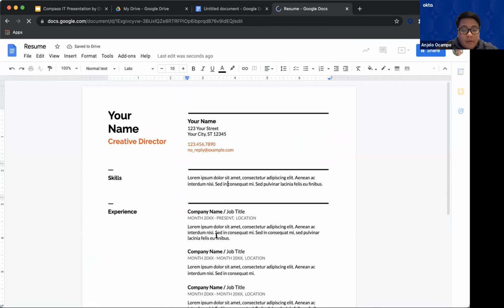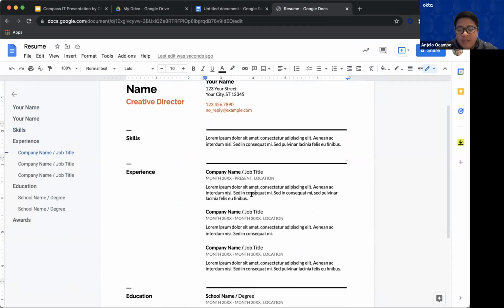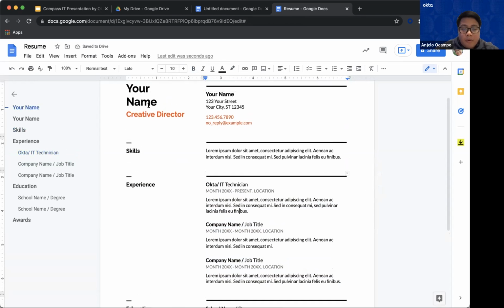And bam, it'll show you, it's all in a different language, but all you need to do is just replace the company name. For example, for me, I'll just put Okta, then I just put IT technician, and you would just go from there. You would replace everything else, click on save, and